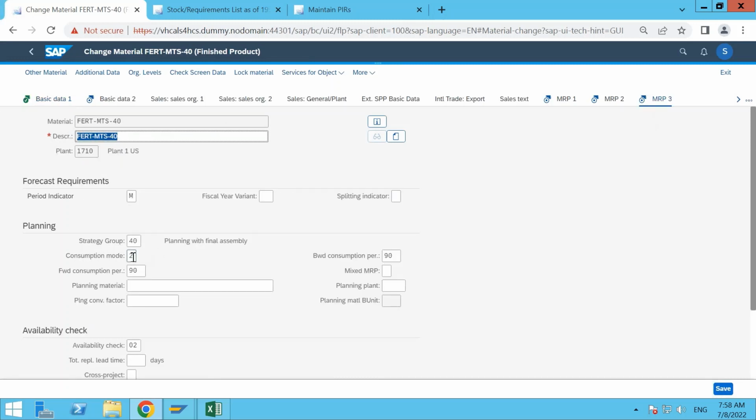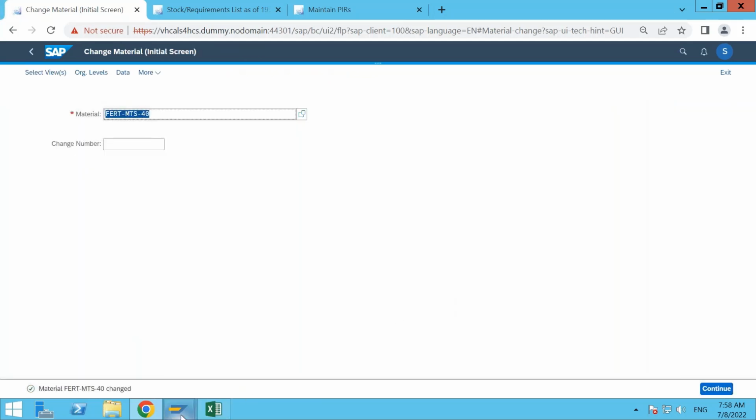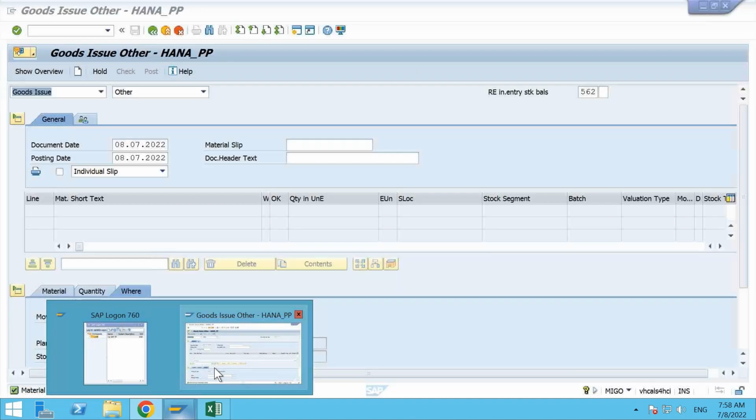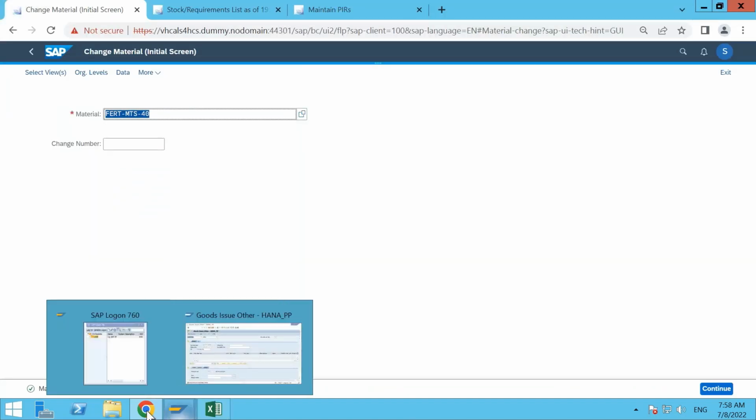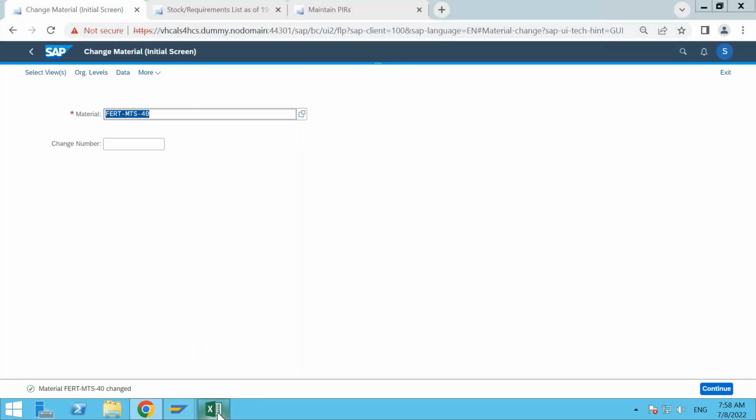Go to MRP3. Okay, and this forward consumption indicator I'm removing completely. I'm just keeping my backward consumption, and I'm keeping forward and backward both. Okay, and save it. That's a warning. Still save it. Okay, now what I'm supposed to do is, as per my explanation,